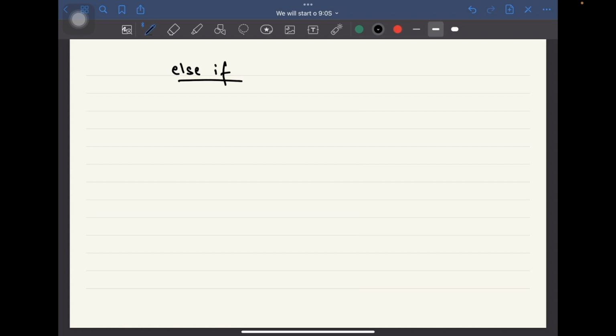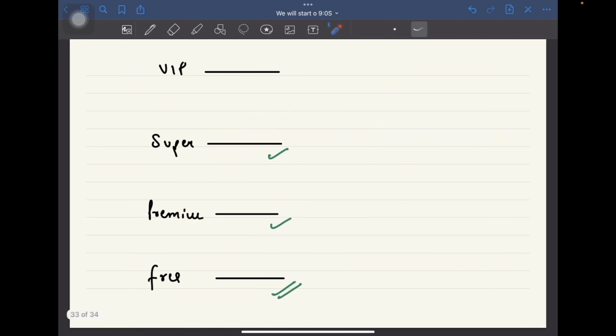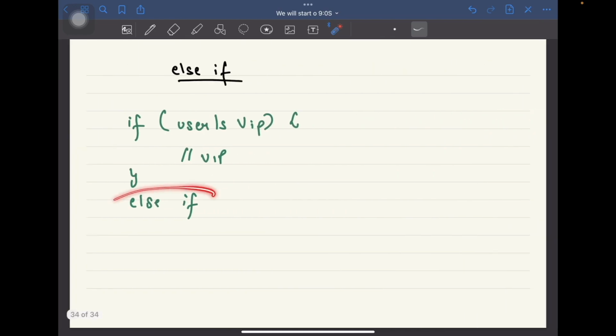Else if. So what you can say is that if the user is VIP, then you are going to show VIP content. Then you say else if, because if the user is not VIP, the user can be super, premium, or free, right? So we cannot just say else. It makes more sense to say else if